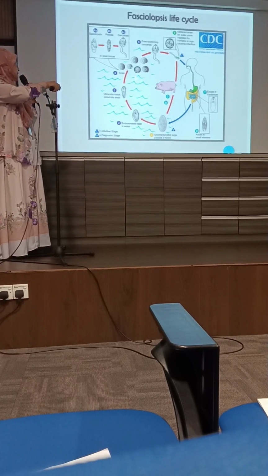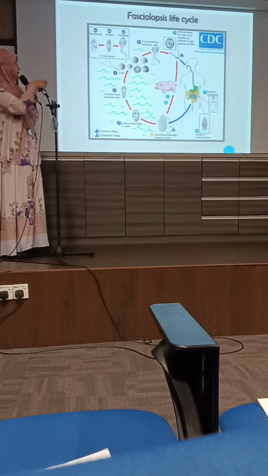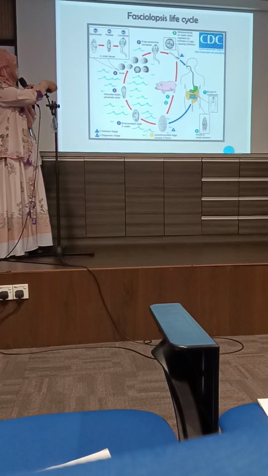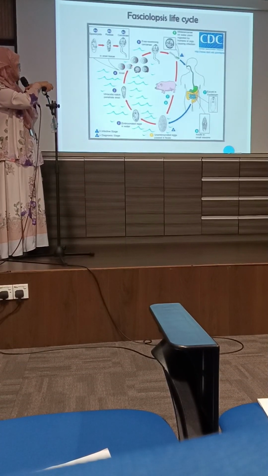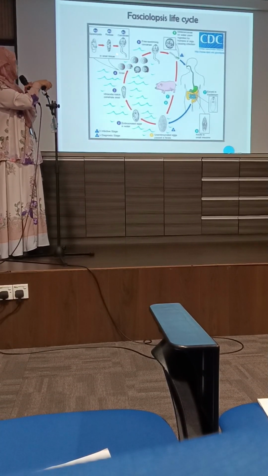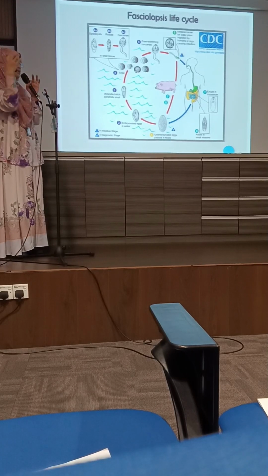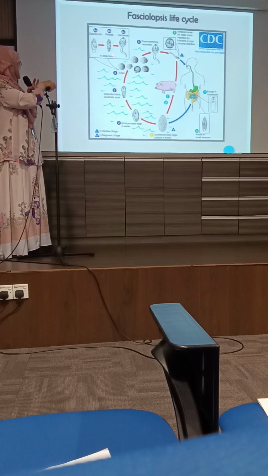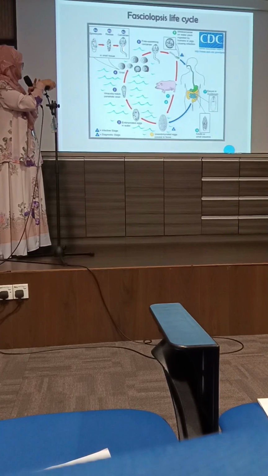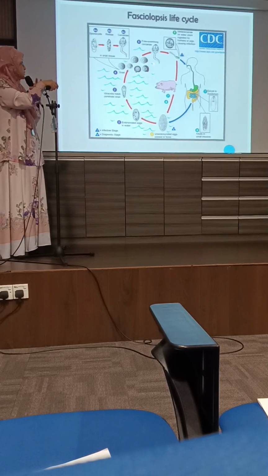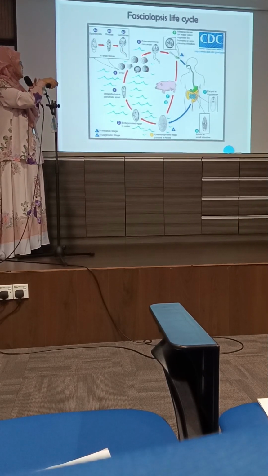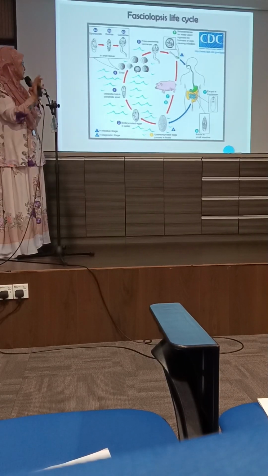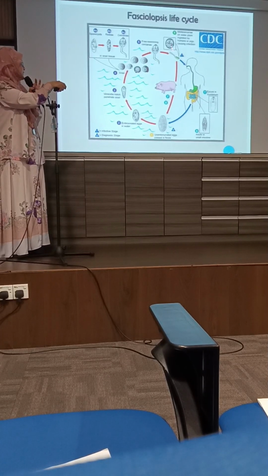Okay, so dia akan pergi kepada snail, dia akan invade atau penetrate the flesh of the snails tadi. Kan snails ada dia punya tu kan. So dia akan invade, dan dalam the soft tissues of the snail there will be further developmental changes from Miracidia. Miracidia akan lose dia punya cilia, dia akan develop into sporocyst. Next is redia, cercaria, SRC: sporocyst, redia, cercaria. So cercaria will leave this first intermediate host, and it will try, dia akan swim. Cercaria ni dia bergerak jugalah macam Miracidia, dia bergerak menggunakan dia punya tail tadi,